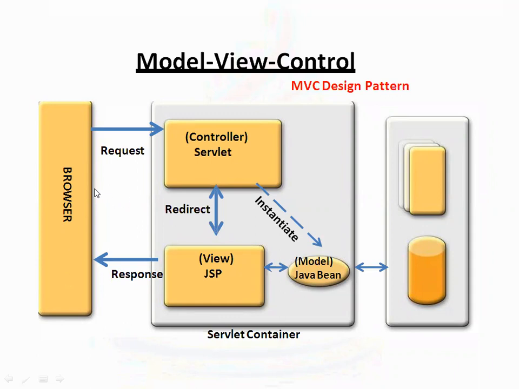So he is going to integrate that in the view layer. Now see here. If you want to develop one module, let us assume it takes 3 days sequentially: 1 day to develop the view layer, 1 day to develop the Java code, 1 day to develop the database. Now you have 3 developers, one from UI, one from service, one from DB. So how many days will it take? Within 1 day we are able to complete. This is the advantage of the MVC design pattern.